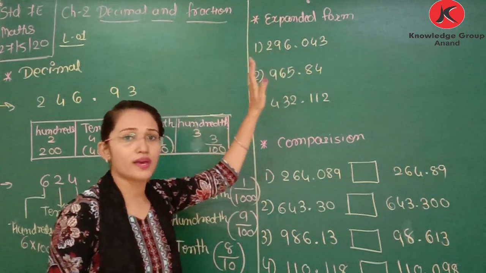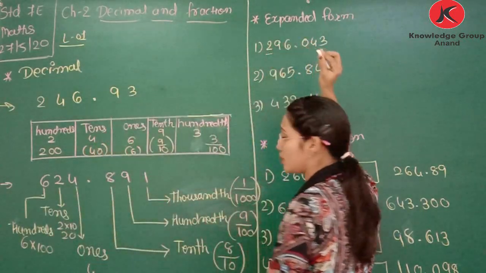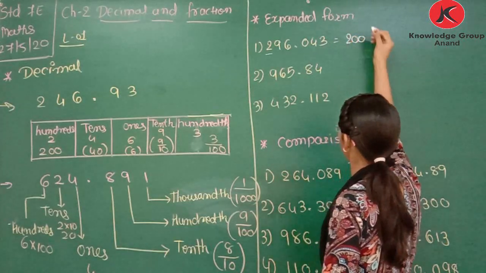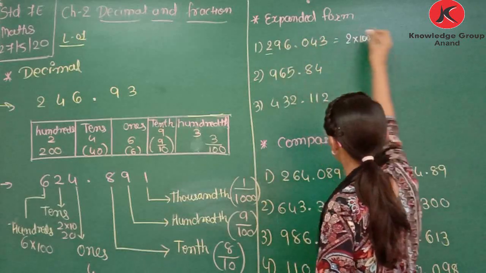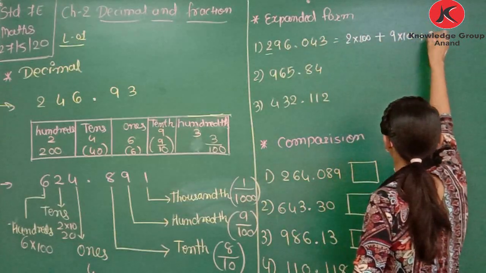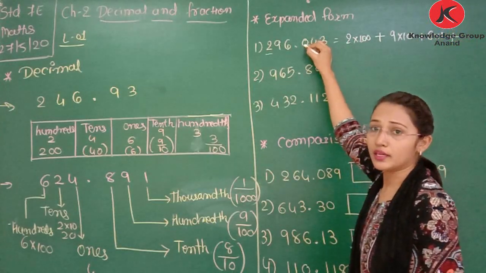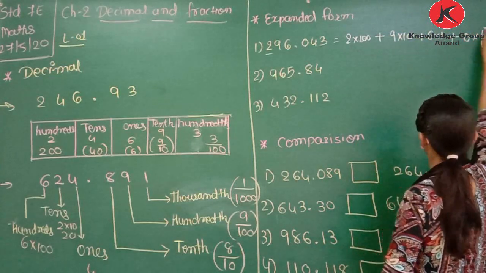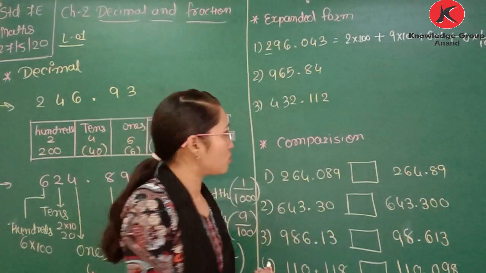It means place value of each digit in number. So what is the place of 2? It is at the 100th place, so it is 200. You can write 2 into 100 plus 9 into 10 because it is at the 10th place. 6 into 1, 1's place, plus 0 at the 10th place. So 0 into 1 by 10. આ લખો કે ના લખો ચાલે કેમ કે 0 ને કોઈ પણ નંબર થી મલ્ટીપ્લાય કરીએ એટલે 0 છે.